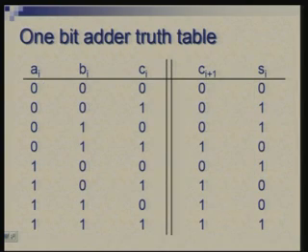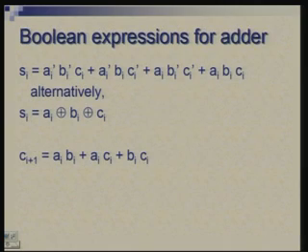What each adder does is a simple task of looking at three inputs, the ith bit of A and B, the two operands, and the carry C I as the input, and it tries to define C I plus 1, the carry for the next stage, and S I as the sum for that particular stage. So, it is a simple combinational circuit with two outputs and three inputs. There are different ways in which this can be realized.